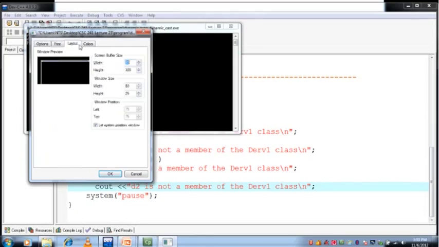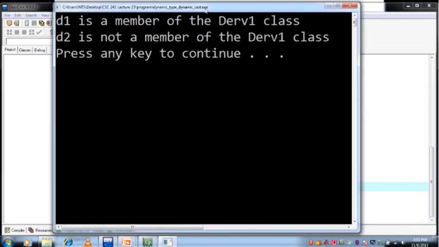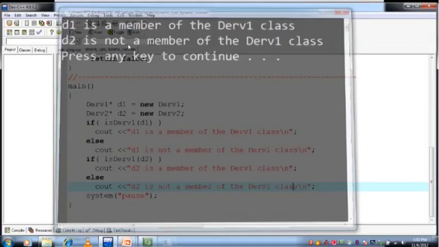So all these lectures, from polymorphism onward, are from Robert Lafore's book. Now it displays the message D1 is a member of drive1 class and D2 is a member of drive2 class, right? And D2 is not a member of drive2 class, okay. So for example, if we create another class